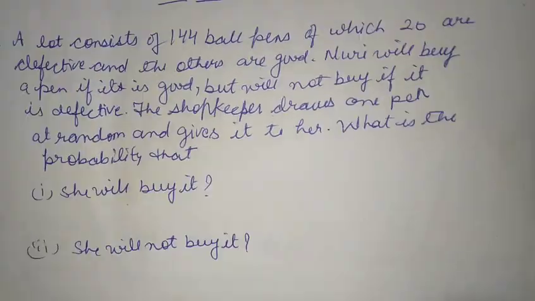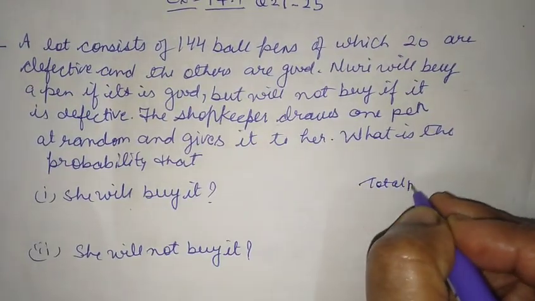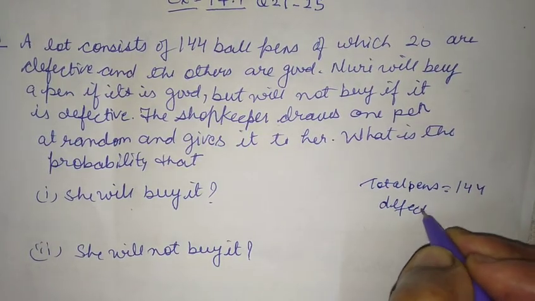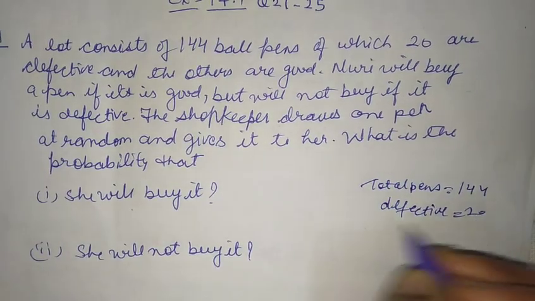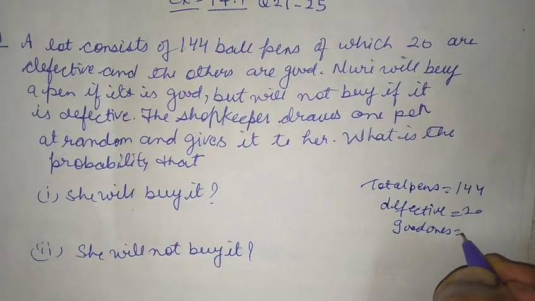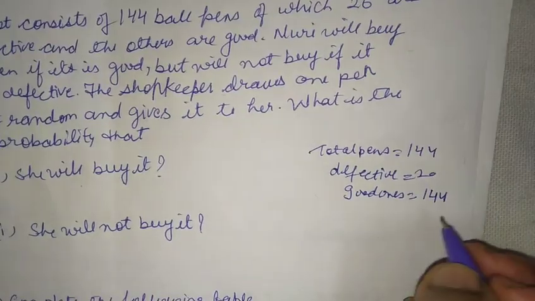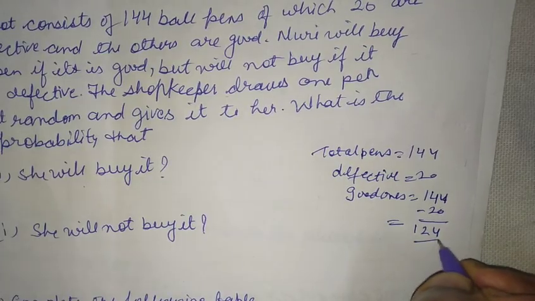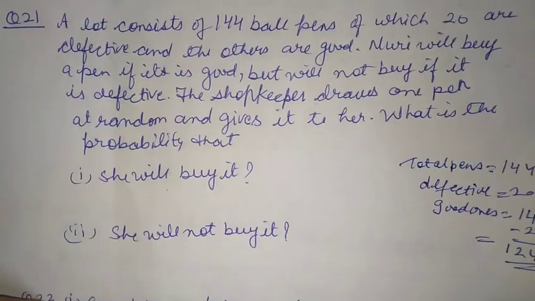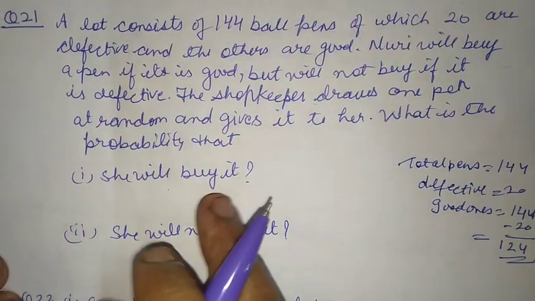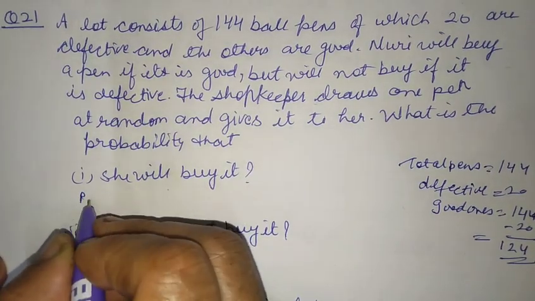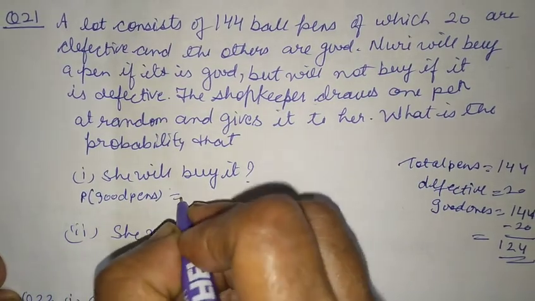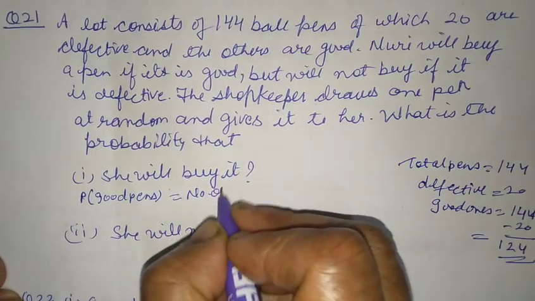Now let us see what our total ball pens are. We have total pens 144, and defective pens, it has been said, are 20 here. So good ones will be equal to 144 minus 20, that will be 124 here. So good pens are 124. Now Nuri will buy the pen if the pen is a good one. So the probability that she will buy the pen, or the probability of getting a good pen, will be equal to the number of good pens